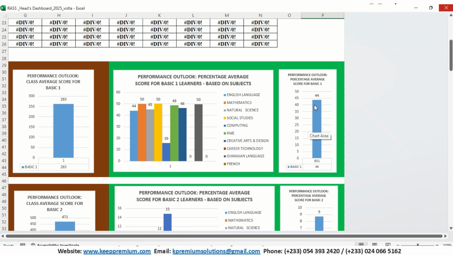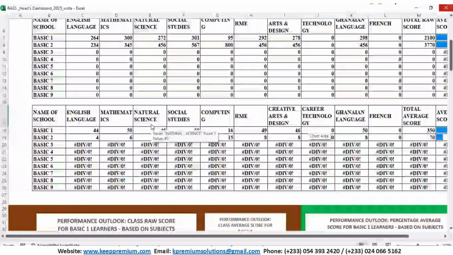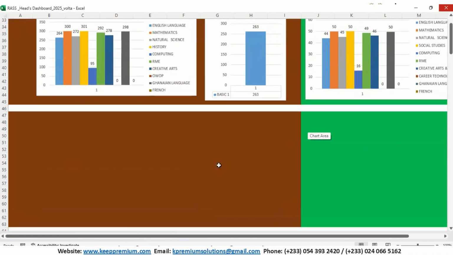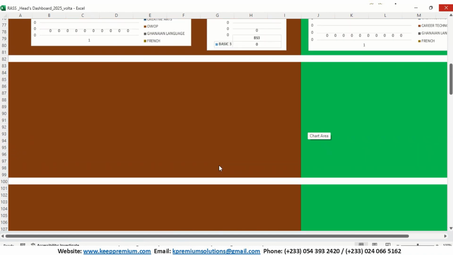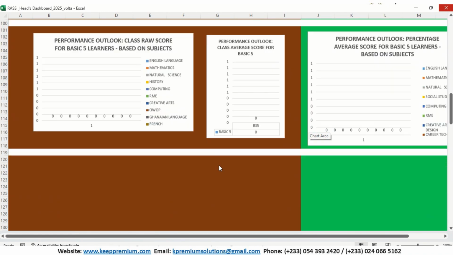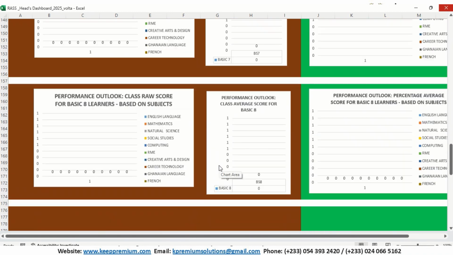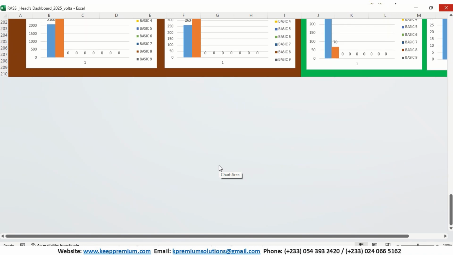Those performing below 44, we are saying that the learners are performing below average in that subject. If you have not entered the scores for the rest of the class, you see #REF like this. It's not an error. It means the dashboard does not have any score, there is no data in there. So you scroll down and you have the overall